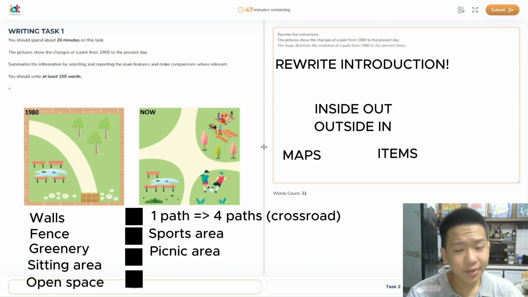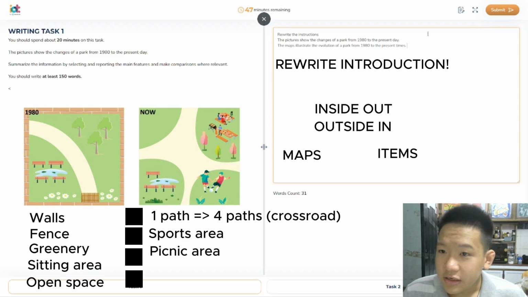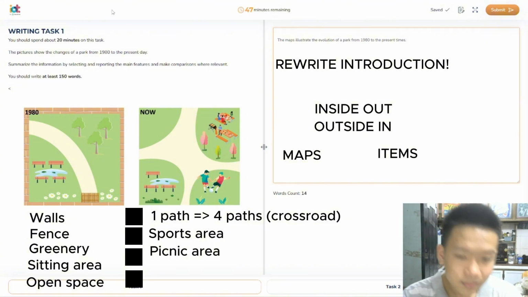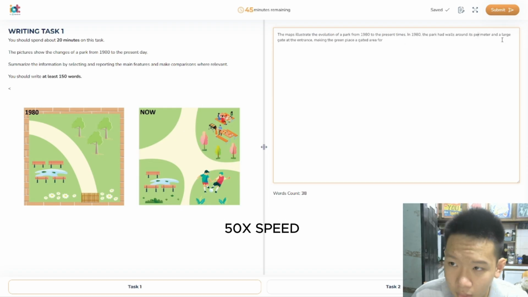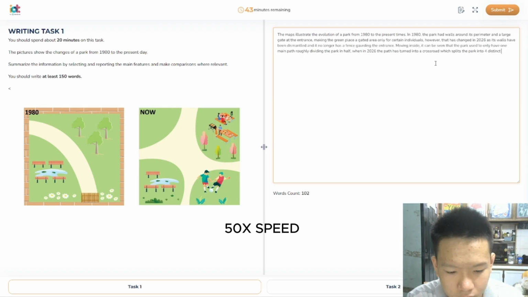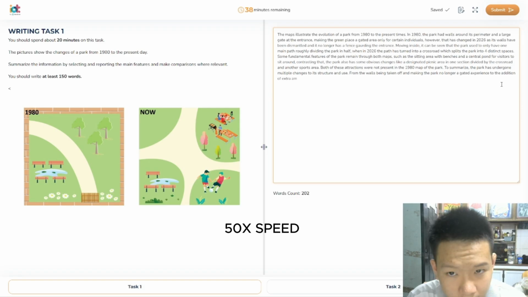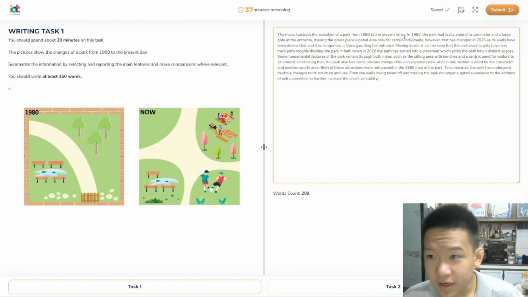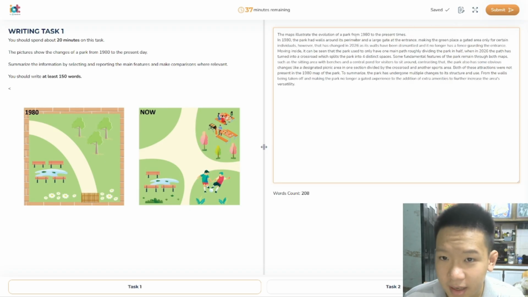Right, so after all that, I think what I need to do now is to prove that it was good. So I'll just write this, and I will speed things up so you don't have to worry. Right, after a lot of time, I have finished my IELTS writing in about 13 minutes. It's not perfect, but it is what it is, and this is my